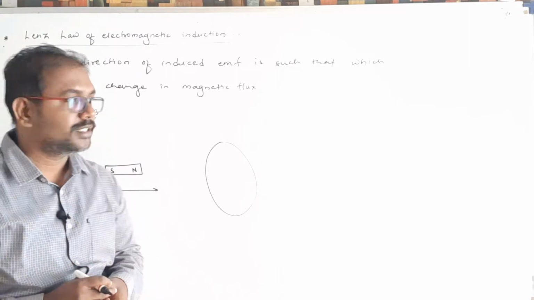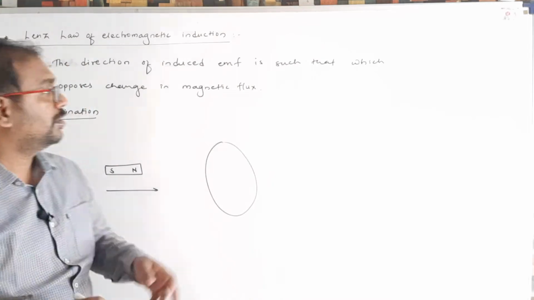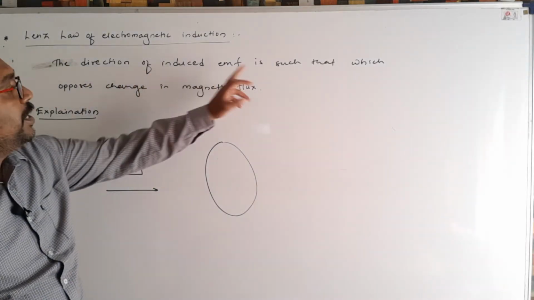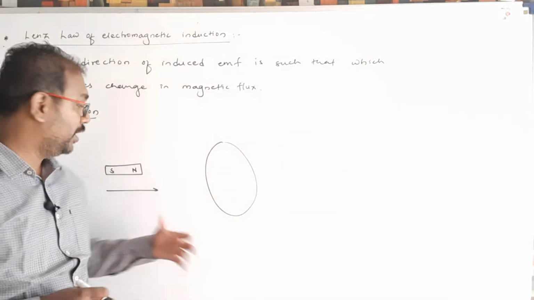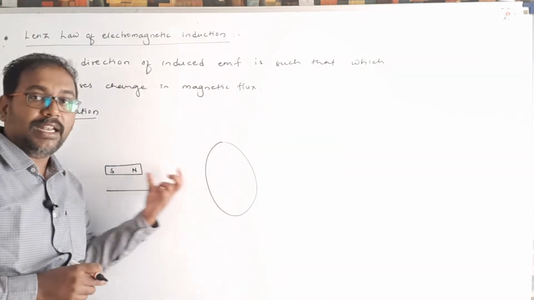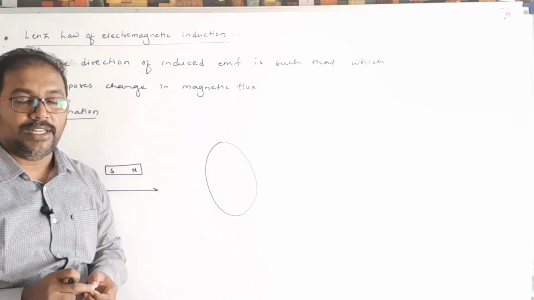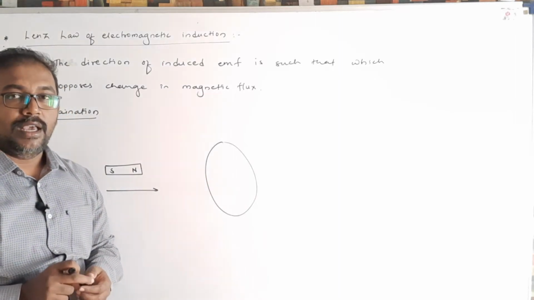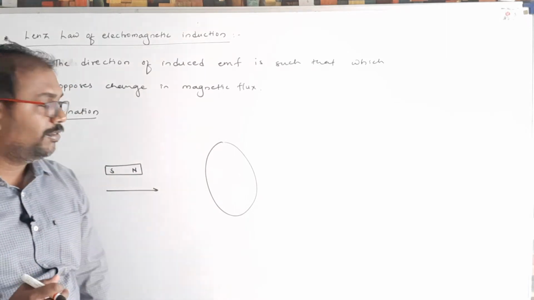Then to oppose this increase in magnetic flux, because the direction of induced EMF is such that it opposes the change in magnetic flux. So as we move the magnet towards the coil, the magnetic flux associated with this coil increases. And to oppose this increase in magnetic flux,